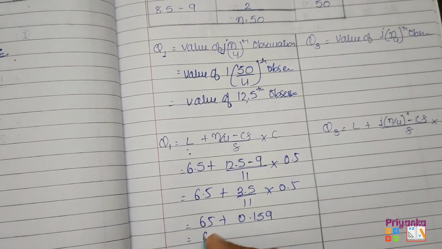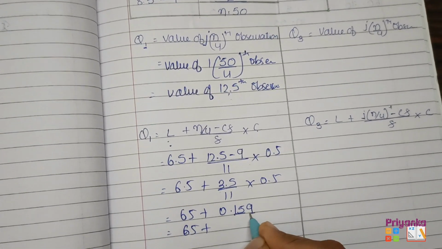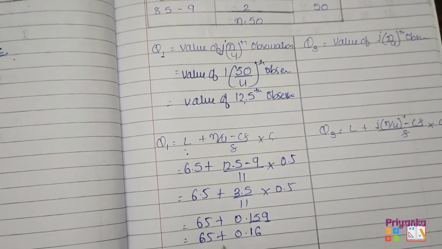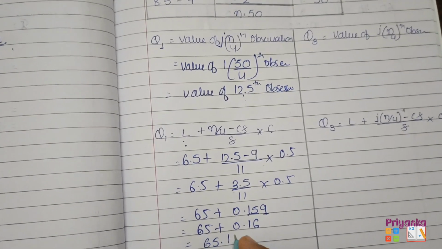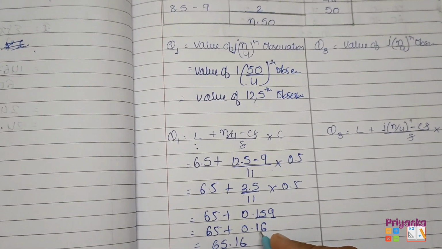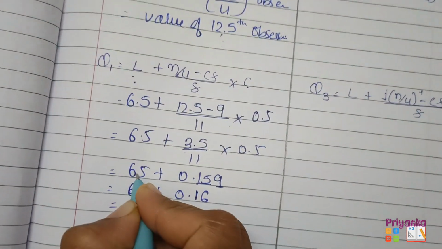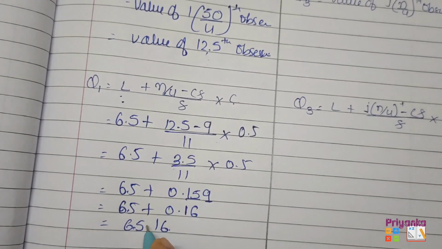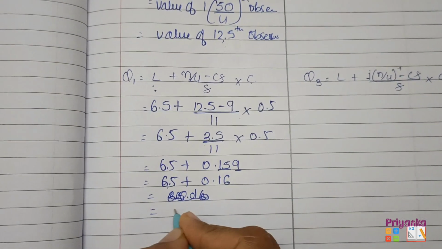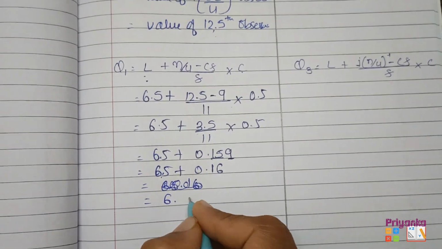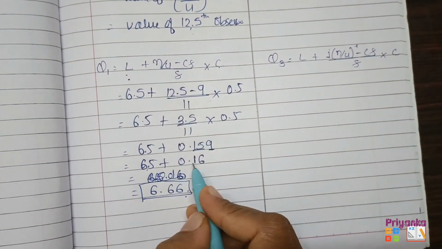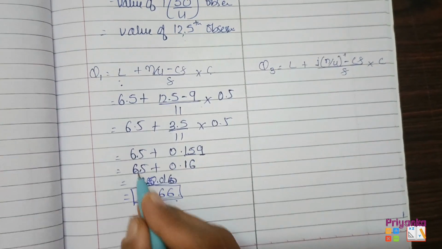You will get 0.159. 6.5 plus, 2 digit के बाद तीसरा digit 5 नंबर से ज़्यादा है तो आगे वाला digit एक नंबर बढ़ जाएगा, that is 0.16. So here my answer is 6.5... Okay, sorry, here I forgot to put 0.5. So 6.5 plus 0.16, the answer will be 6.66. That's the answer at the end. After doing the calculation, this was by mistake as I didn't put the point.